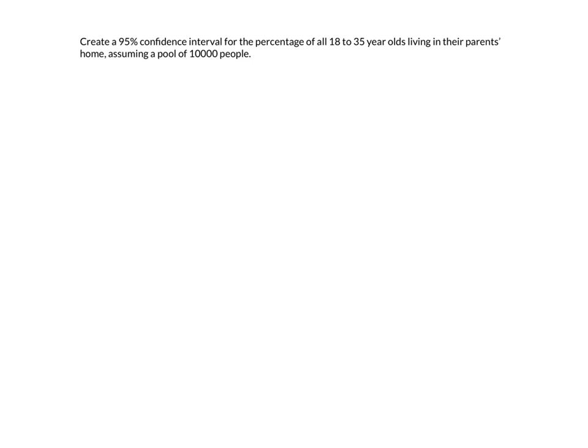So this example is coming from a Pew Research poll that found that 31.4% of 18 to 34-year-olds are currently living in their parents' home. We want to create a 95% confidence interval for this, and in order to do that, we need to realize,